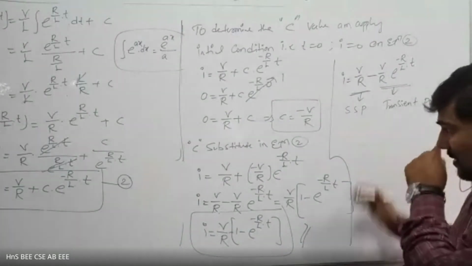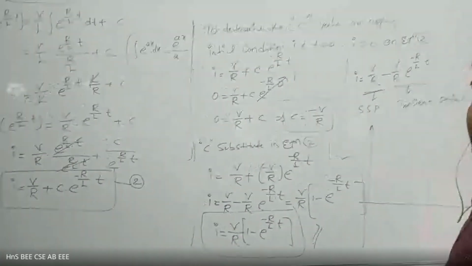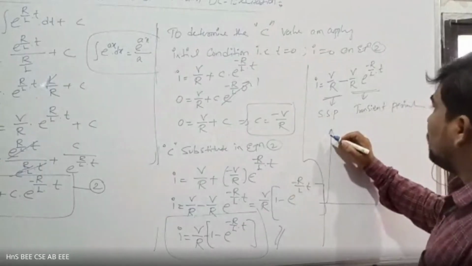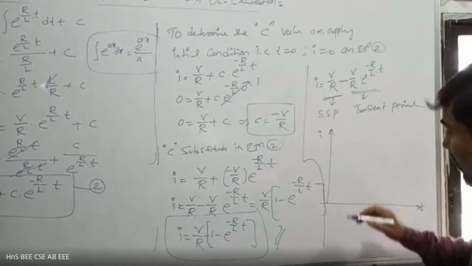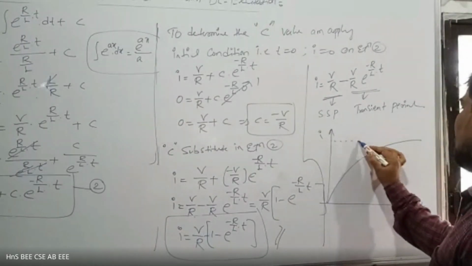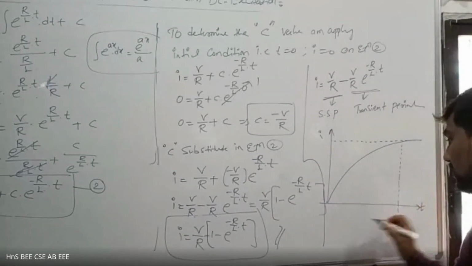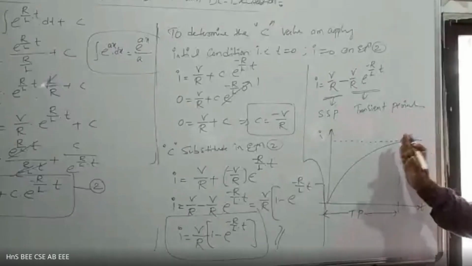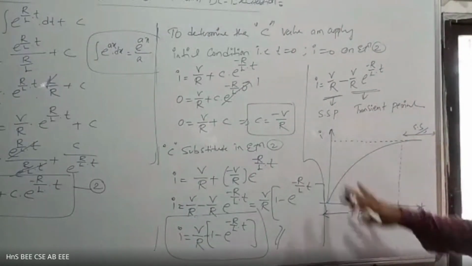Now from this, I am drawing one diagram, that is the response of current with respect to T. With respect to T, the graph is like this. Sir, till this point, this total part is called the transient period, TP. Now, after completion of the transient period, we have the steady state period. That is the total response of the given current.